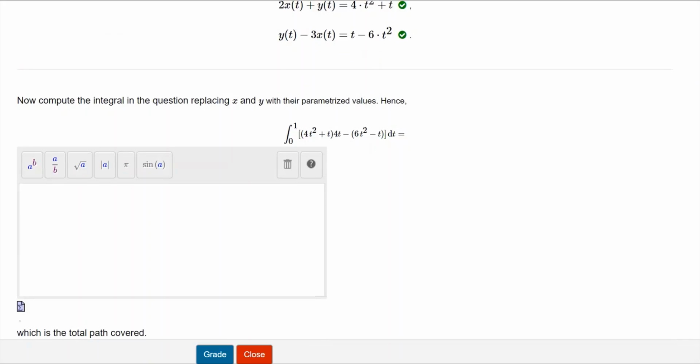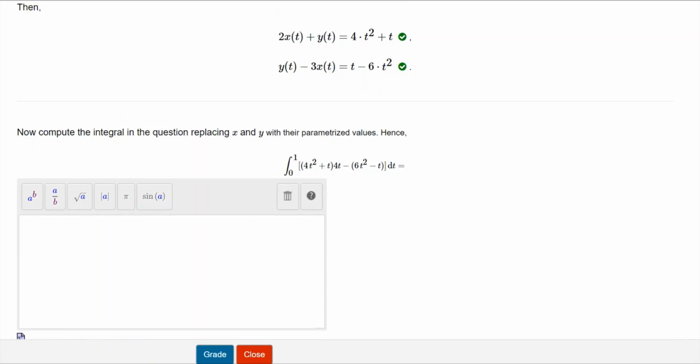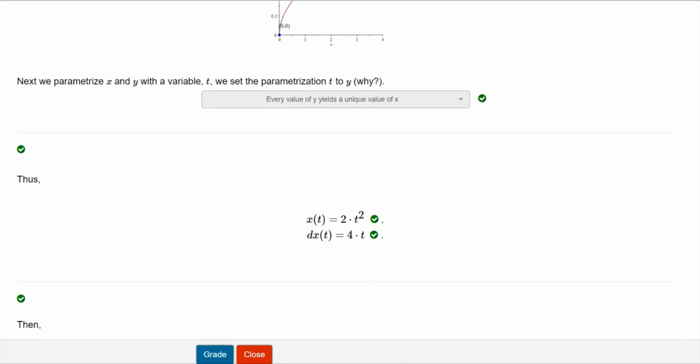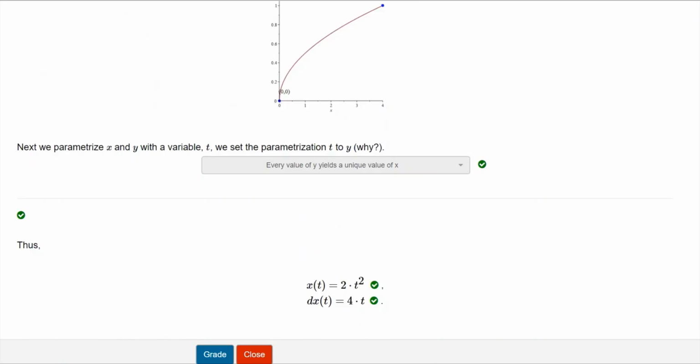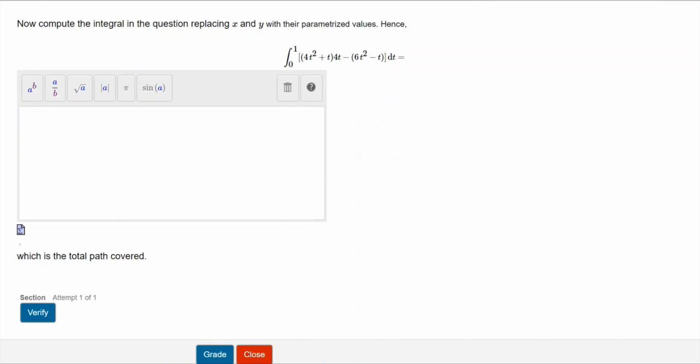And finally, we insert all the values in the integral. Remember that we have to enter 2x plus y, then the value of dx, and then y minus 3x, and the value of dy. And I'm sure you won't have a problem finding dy. So we write down the value of the integral after we compute it on our papers. And it comes out to be